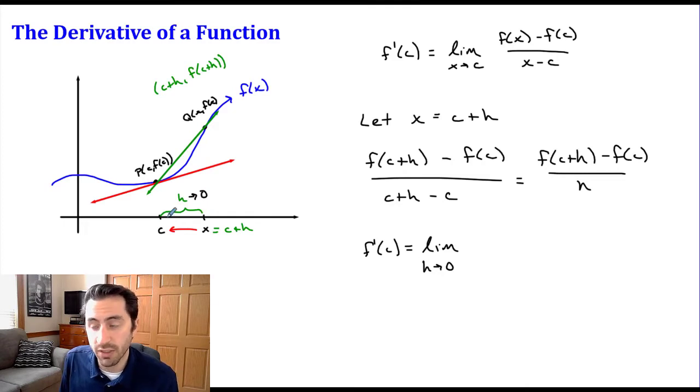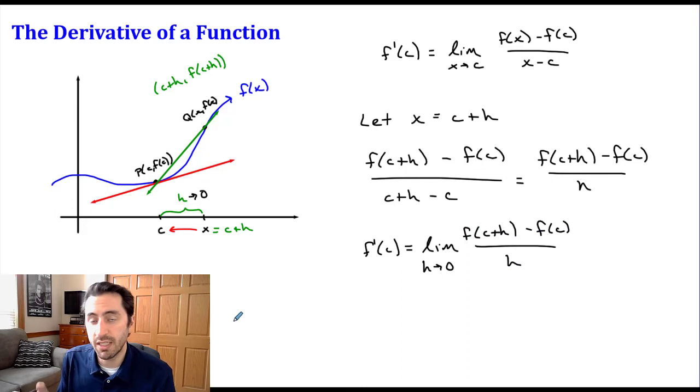These 2 points are going to get closer together. And then we have our new expression here, our difference quotient. So this gives us a second method of finding the derivative. And written in this form, this is actually what we want to use when we want to find the general